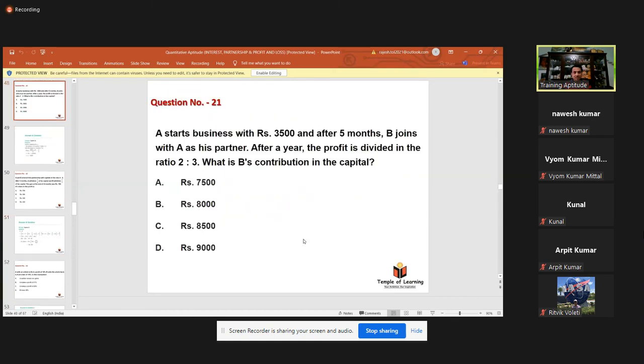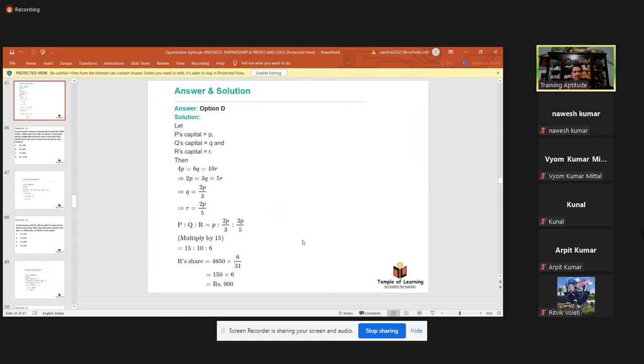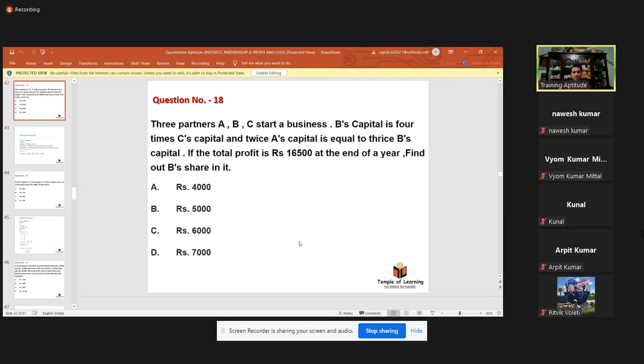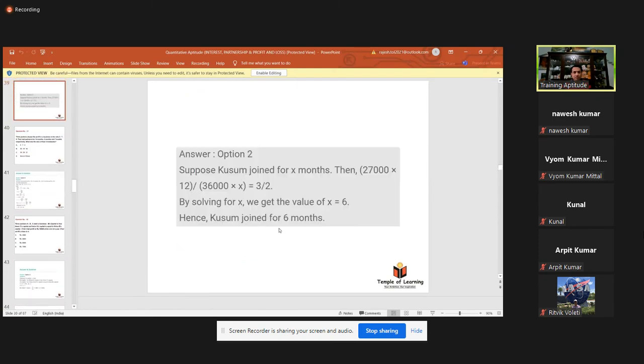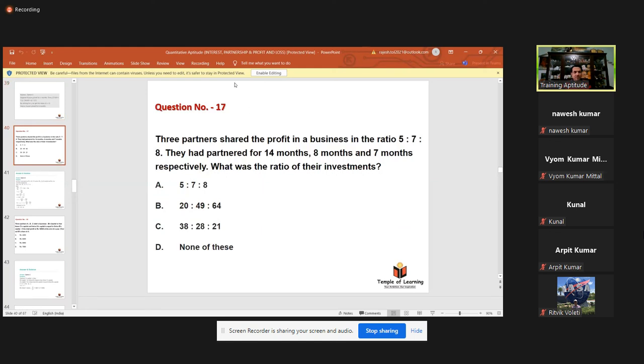ट्वेंटी सेकेंड तक है पार्टनरशिप के क्वेश्चन. ठीक है, बहुत ज्यादा नहीं है, एक और करेंगे बस. 17th question. This is the last one. देखिए, आप लोगों को शॉर्टकट